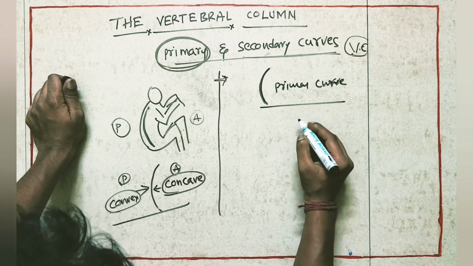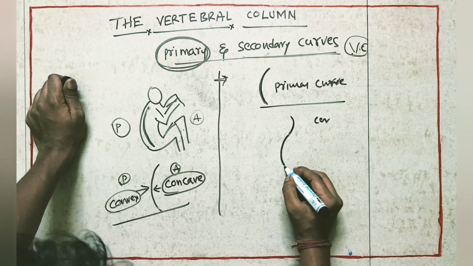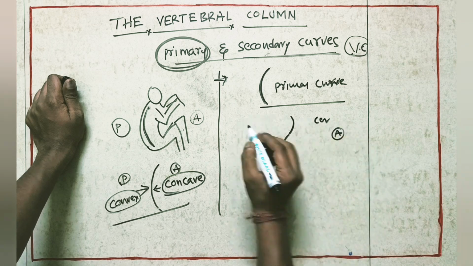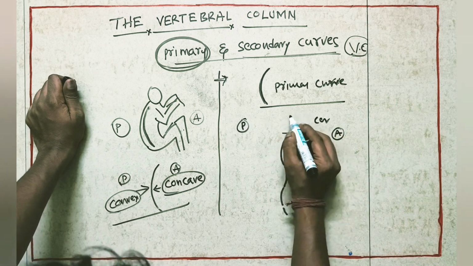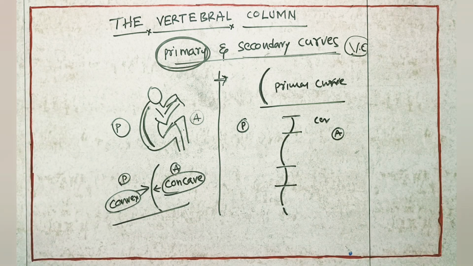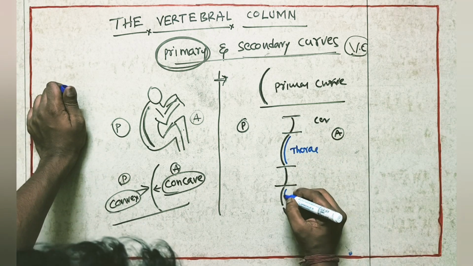This primary curve is going to develop first into the cervical curve. This is cervical. Then it will transfer into thoracic. Then here it will be lumbar. Here sacral and coccyx region. This is anterior. This is posterior. See here, cervical region and lumbar region. These two curves will develop here. Other than these two, this is the thoracic region and this is the sacral and coccyx region.